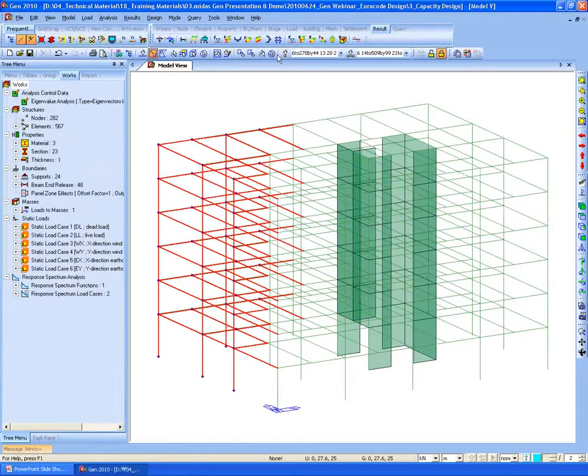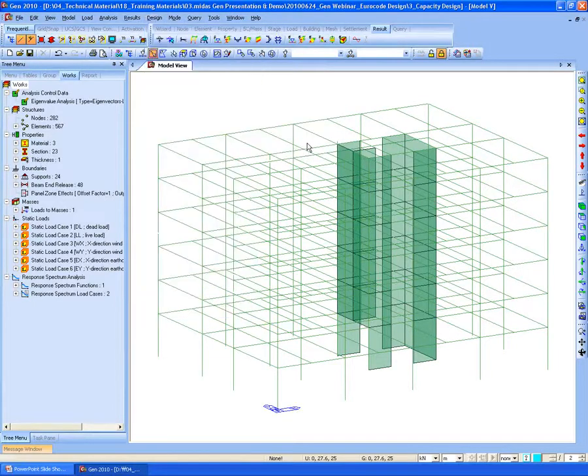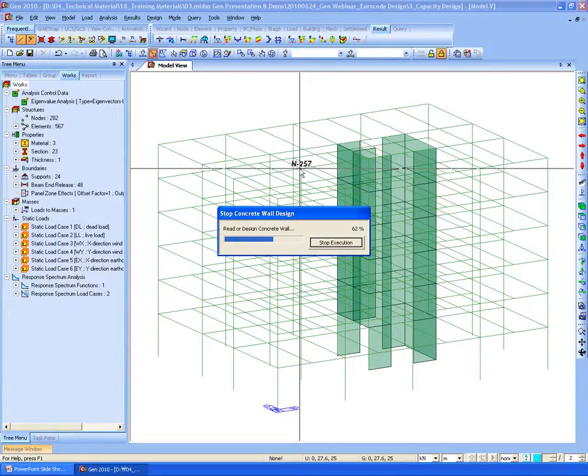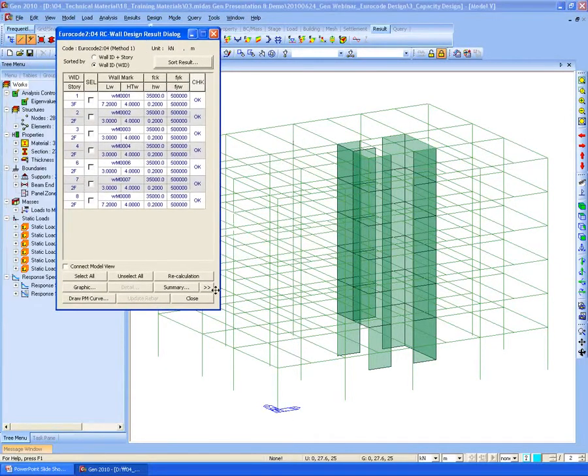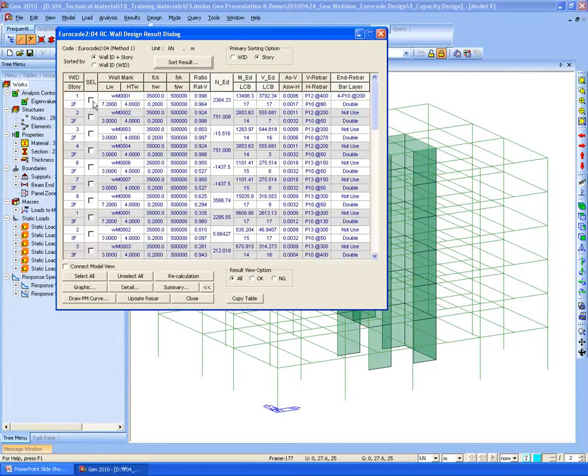And for this shear wall, which was using our wall element, we can perform design from this wall design. We can check also the same design results in this dialog box table, and also the graphical report.